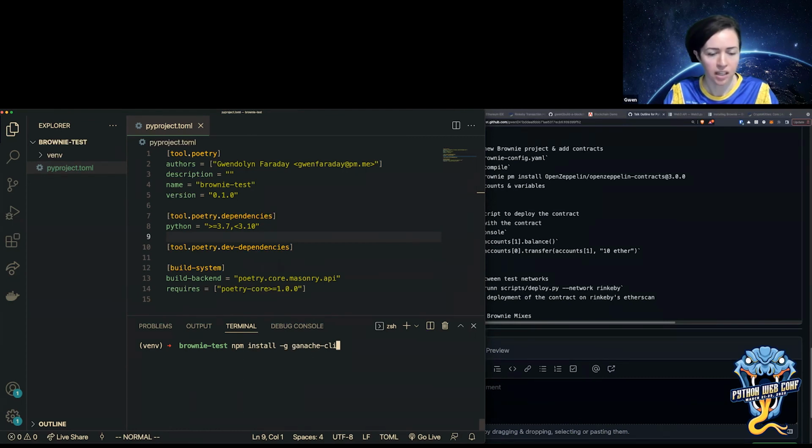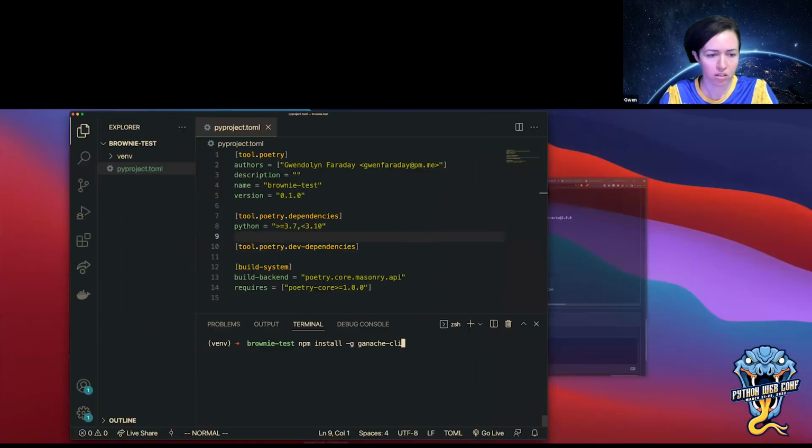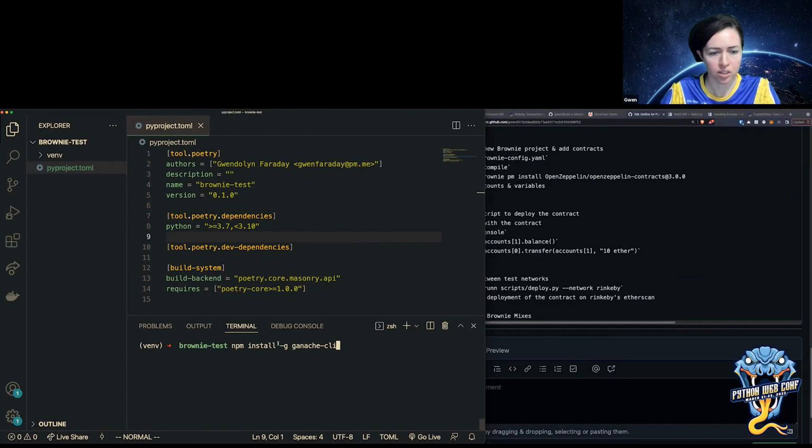I will say that it seems to be a little bit picky sometimes with the node versions. I had to use it with node 16. It wouldn't work with node 17. I think if I check my node version now, I'm on 14, so that should work. But yeah, I can run Ganache CLI from a terminal.